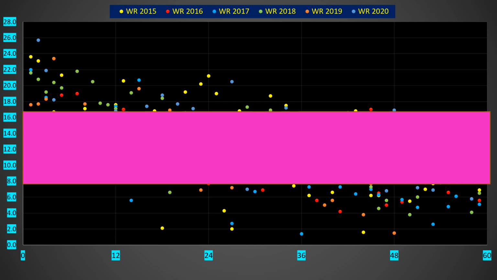So as you might predict, the skew is in the lower ADPs. Here's the top 12. You get lots of goodness. In about 36 to 60, you get lots of suckiness right here. Those are sucky players. Not a lot good here. Take a look. By the time you get to the fourth and fifth round, not a lot is above average. If you can hit average, you're probably doing pretty good.